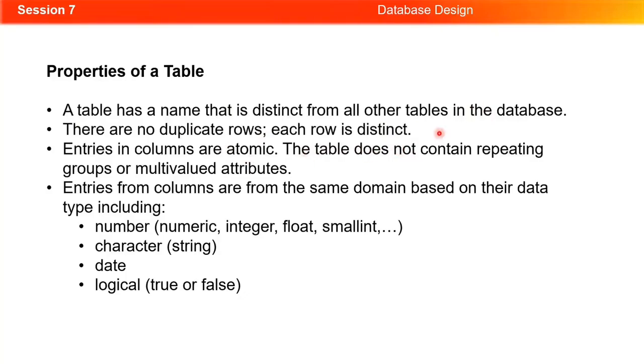Why would we have duplicate rows? That wouldn't really add anything to the data model or to the enterprise. Entries in columns are atomic, meaning they can't be broken down any further. The table does not contain any repeating groups or multi-valued attributes. If we need to add other attributes, we add other columns. Entries from columns are from the same domain based on their data type, including numeric and